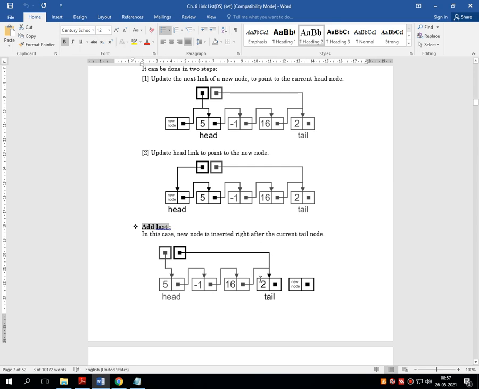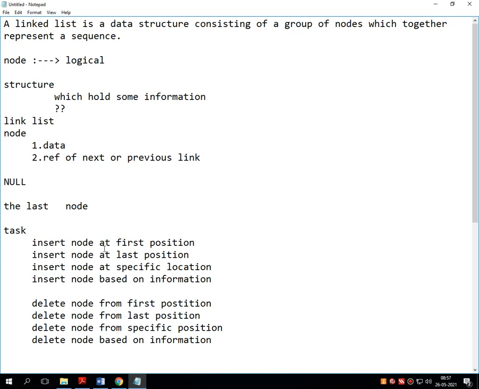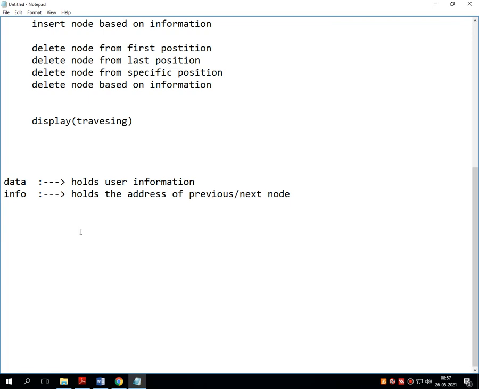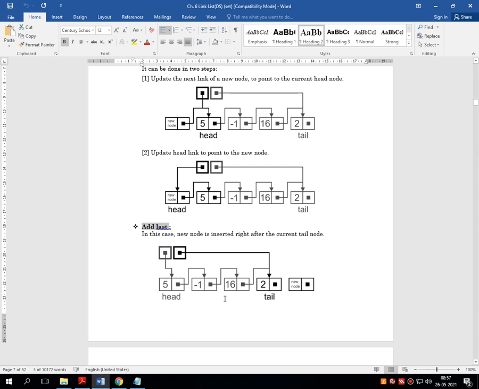For adding the new node at the last position, one condition we have to keep in mind: first we have to search where the null is. If you have not forgotten the theoretical section that we discussed, I informed all of you that whenever we find null, that is the last node. So first we have to perform the searching, where is the null in the single linked list.